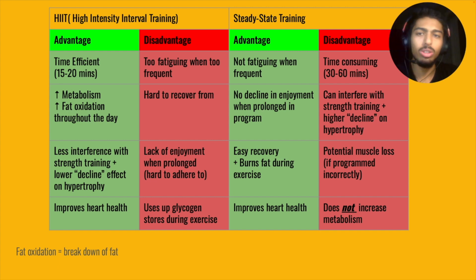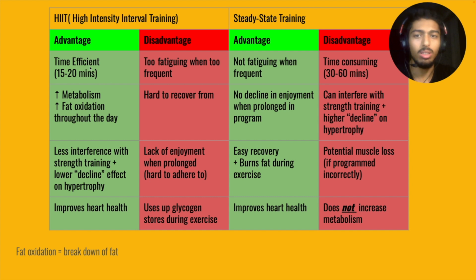Now let's get started with high intensity interval training. There are advantages and disadvantages, and the main advantage of HIIT is time efficiency. I use HIIT a lot whenever I'm very tight on time, and you can get the same benefits of steady state training, which you go for 30 to 60 minutes,